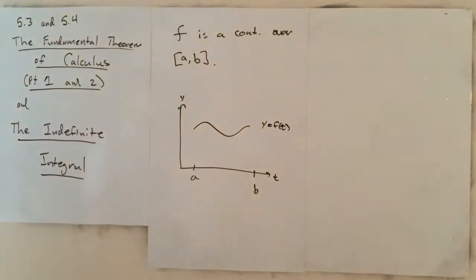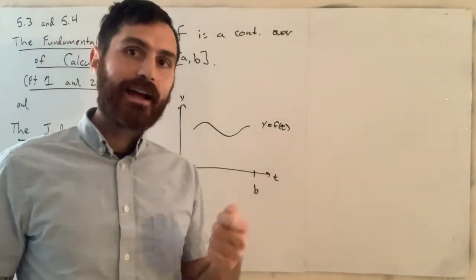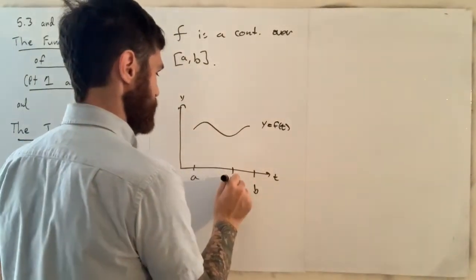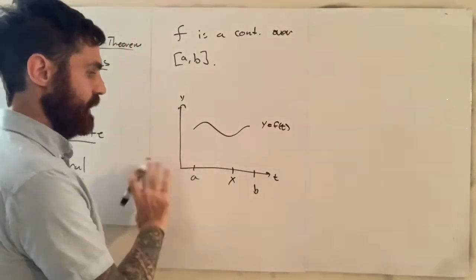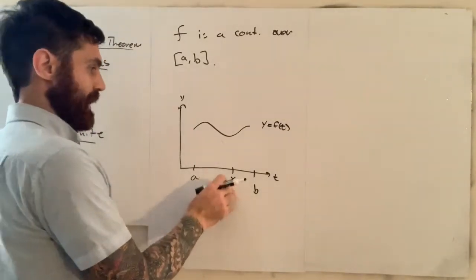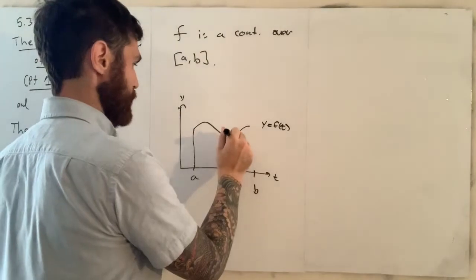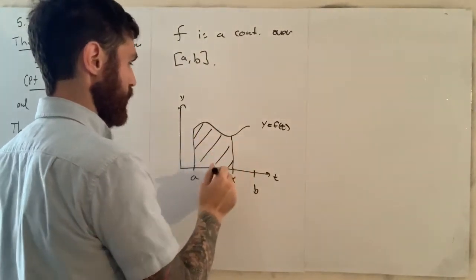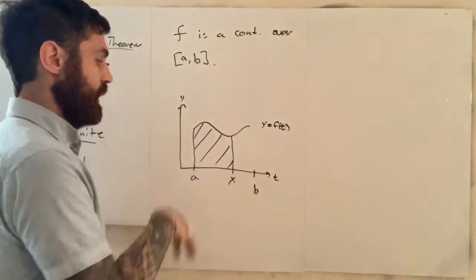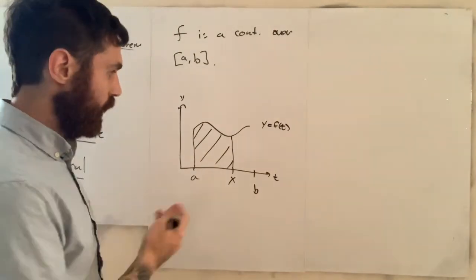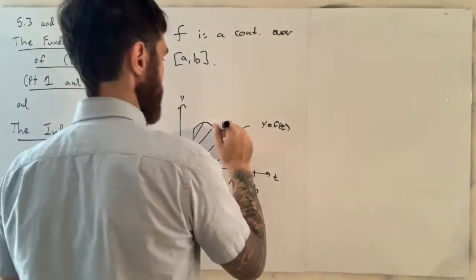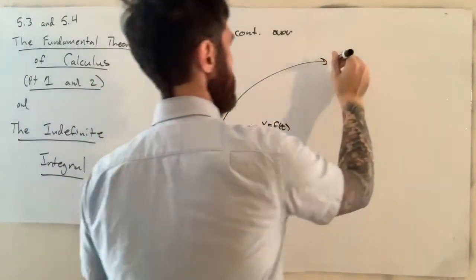That's fine. Because what I want to do is use the x variable to be a choice between a and b. So I'm going to pick some x value there, any x value between a and b. And what I'm going to say is, given this x value, I would like you to tell me what this area is. So I pick some value between a and b, and I want to compute that area. Well, we know what that is. We know that if I look at the area here, this is going to be equal to